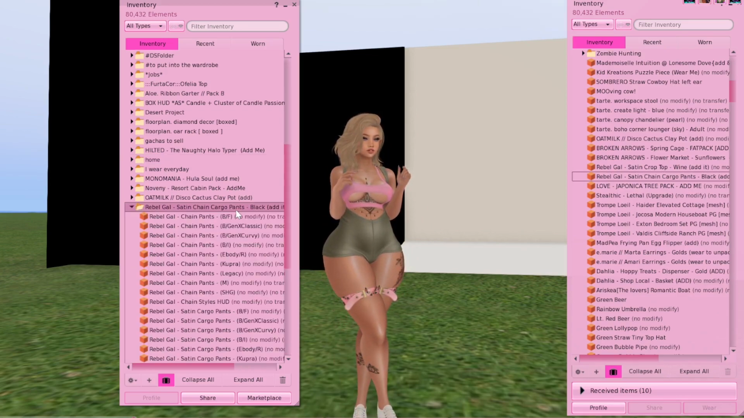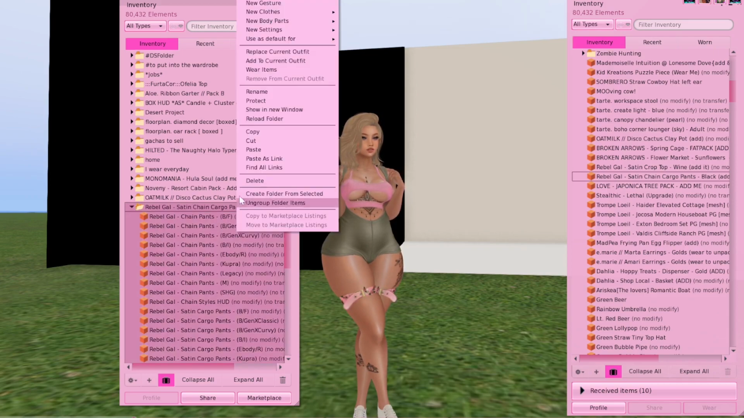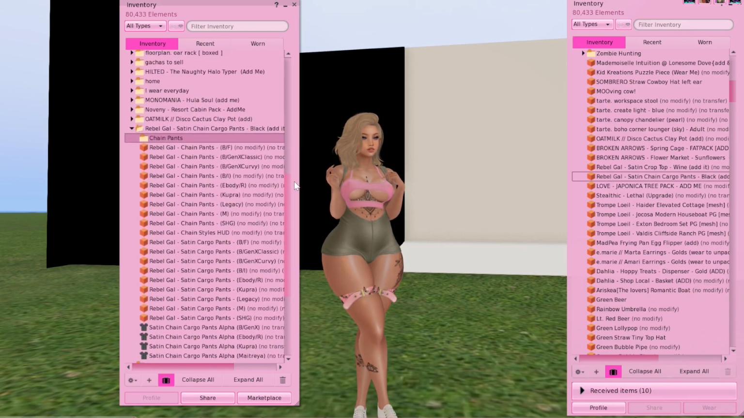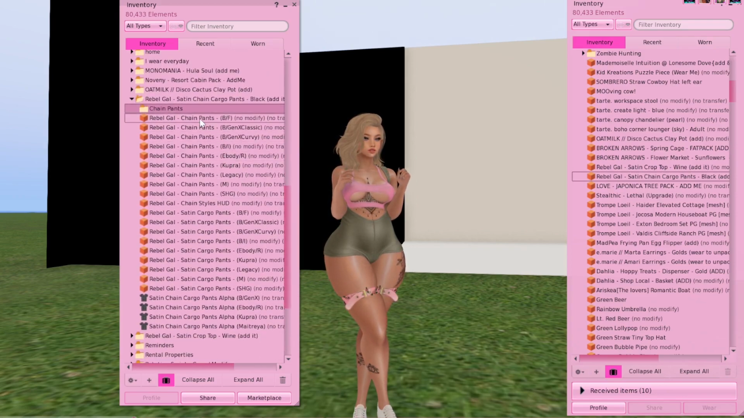So what I'm going to do is create a new folder. So you want to click and click new folder. All right, and it creates a new folder. And I'm going to name this Chain Pants. Okay, so now that folder is there, and I'm going to go in here and I'm going to pull